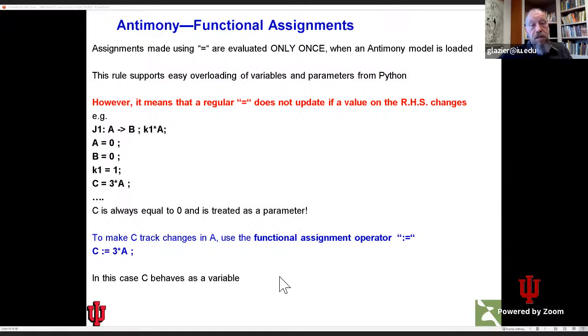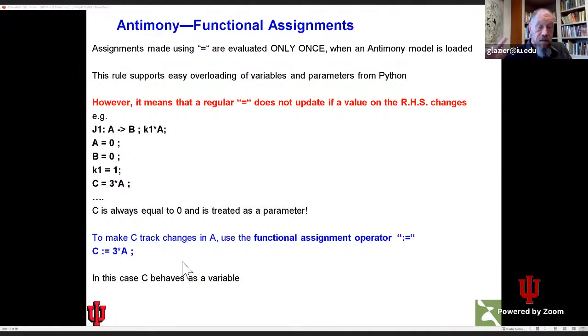And that's a very easy mistake to make. It's very easy to type C equals 3 times A, and then wonder why your code isn't working when you needed to type C colon equals 3 times A. It's also easy to make the opposite mistake. If you type colon equals when you really wanted that initial condition, you'll have a problem,